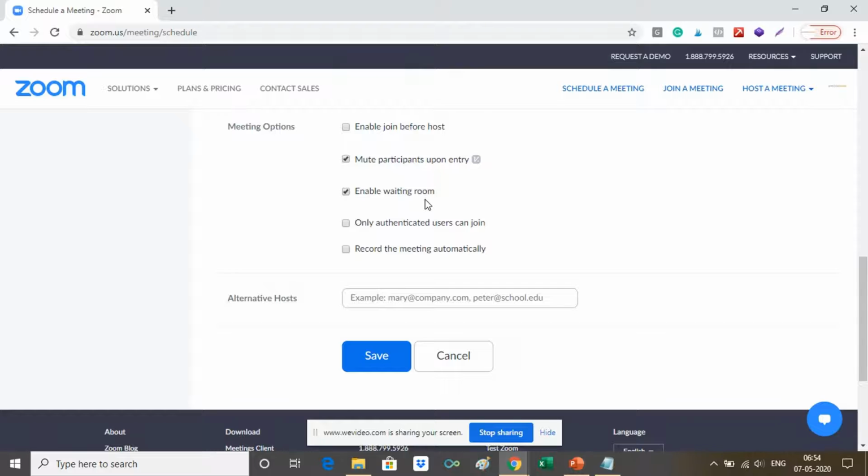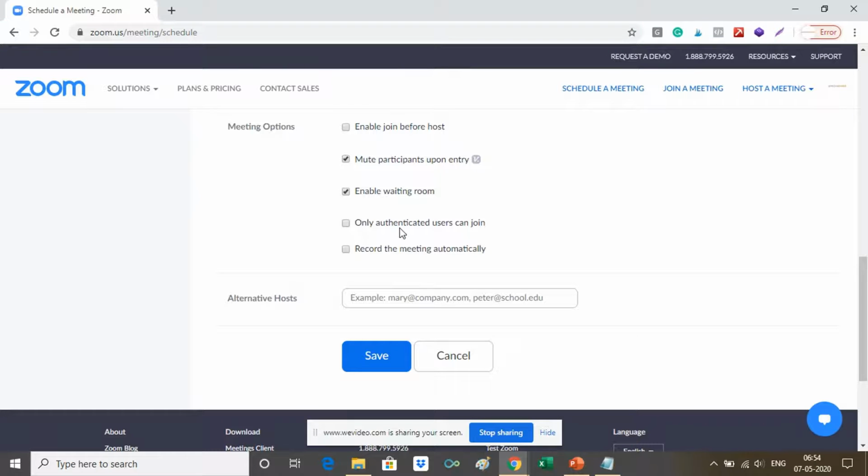And third, even after they join by entering the password, they will first be taken to a waiting room. Only once you accept them as attendees, they will be able to start viewing your presentation or the meeting. So always ensure that you click this enable waiting room.